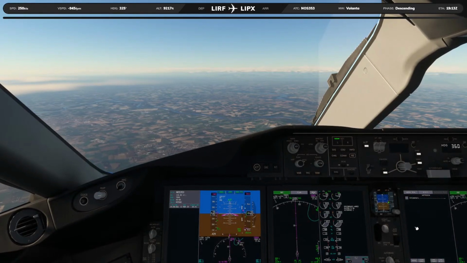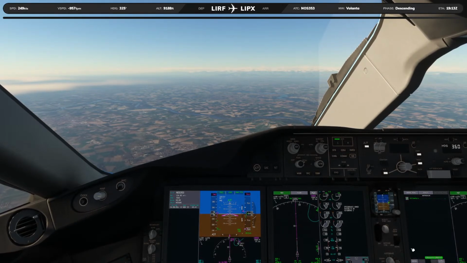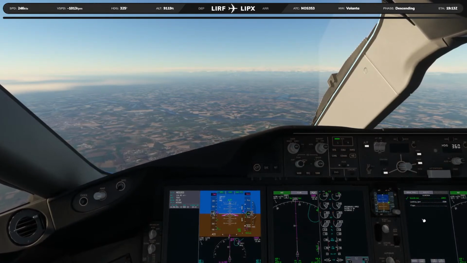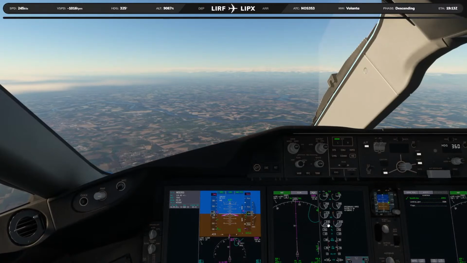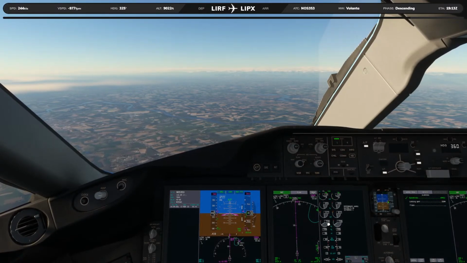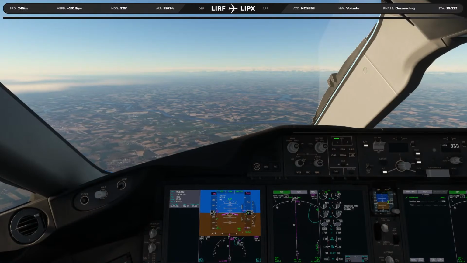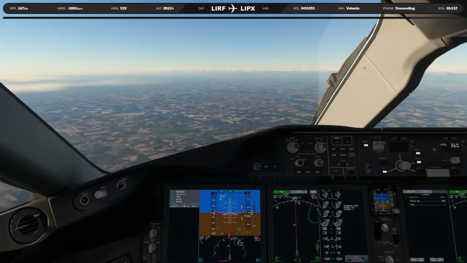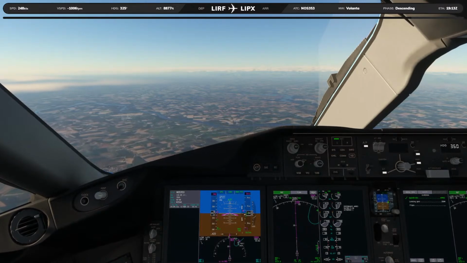And we're going to go to the approach checklist. Altimeters are set. And the landing checklist, speed brake is armed, landing gear, and flaps. Okay. We're going to be doing flaps 30, which is full flaps today for the arrival. You will enjoy it. Yeah. Just the ICAO code of the airport. Lima India Papa X-ray is Verona.